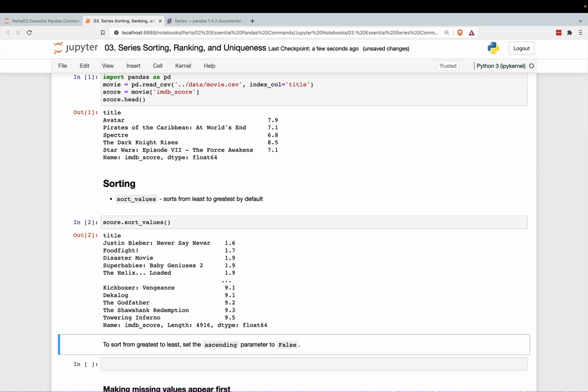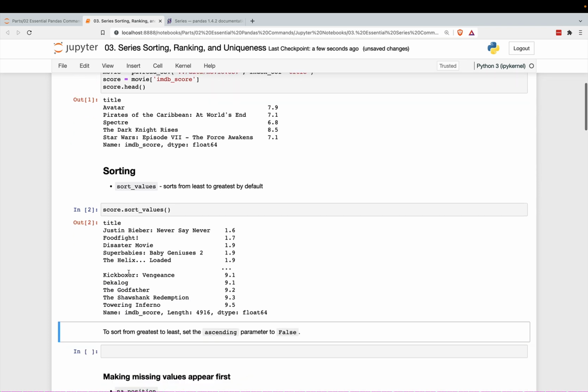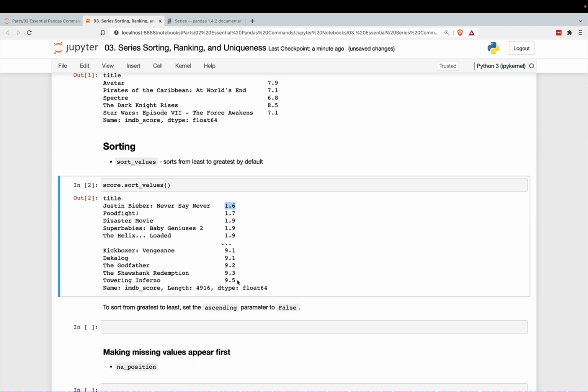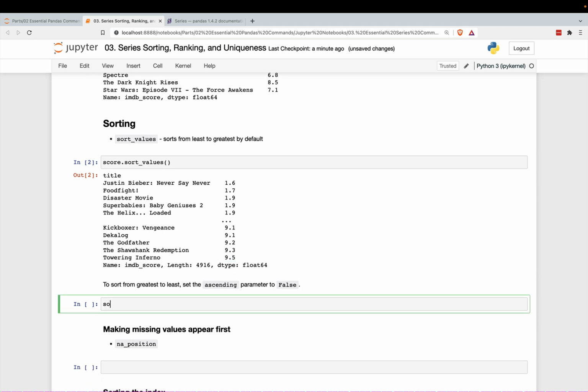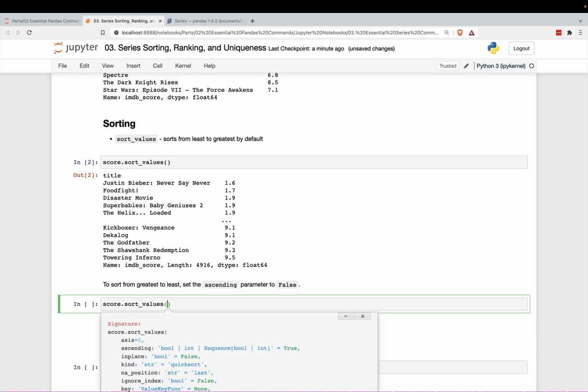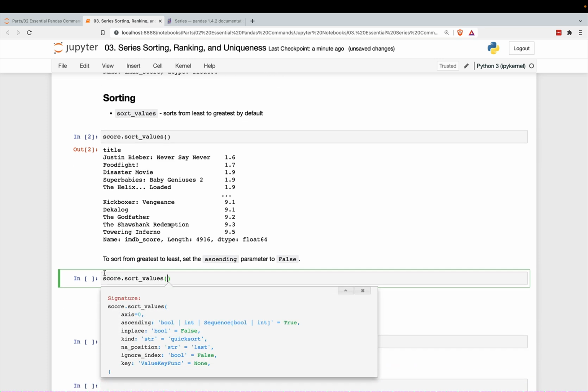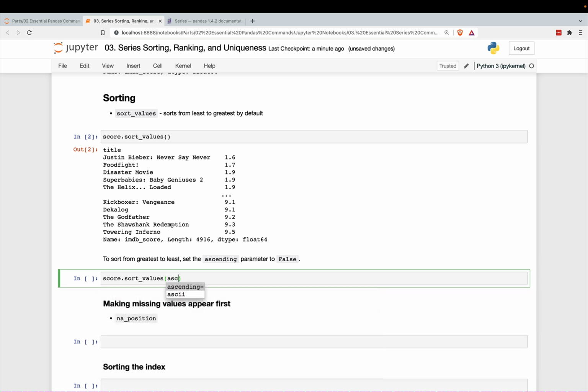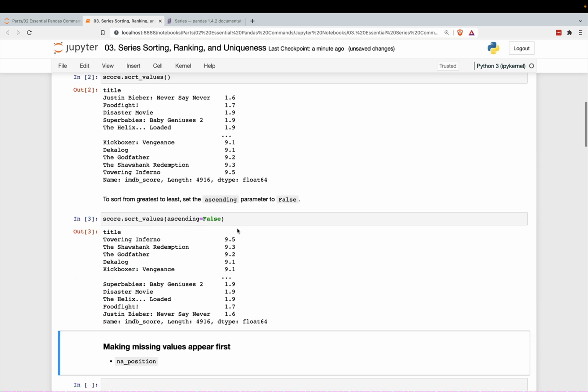By default, this goes from least to greatest, so the lowest ranked movie to the highest ranked movie. And then you can sort it in the opposite direction. Of course, you should think, well, how should I do this? Well, I need to press Shift Tab Tab. I need to choose a parameter that changes the outcome. Over here, we see ascending. By default, it is true, but we can set it to false,